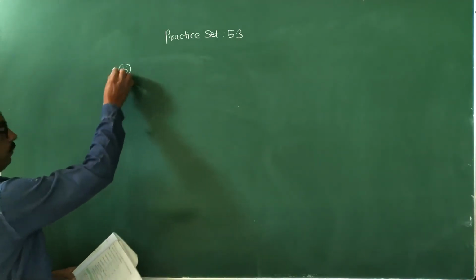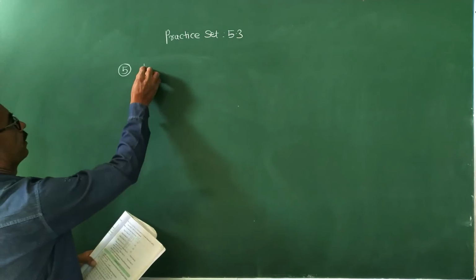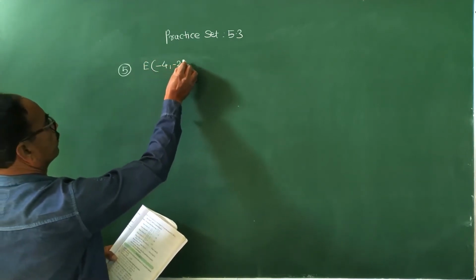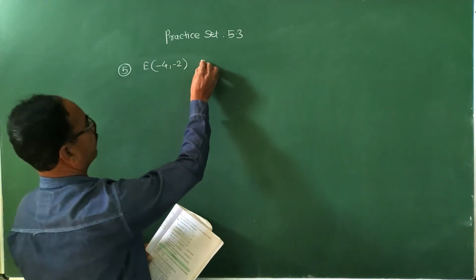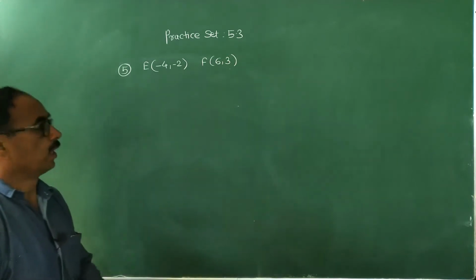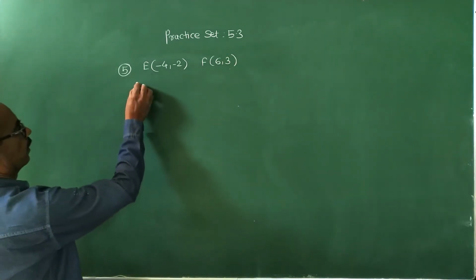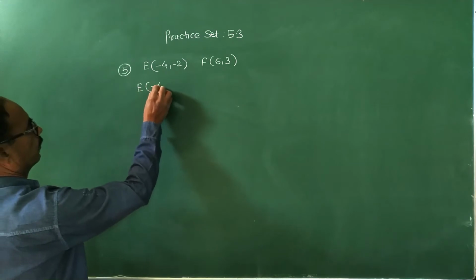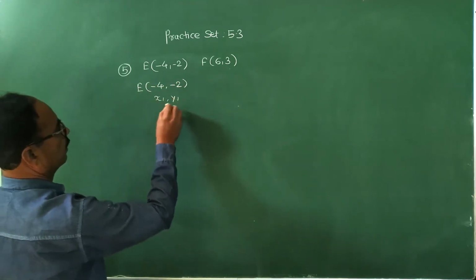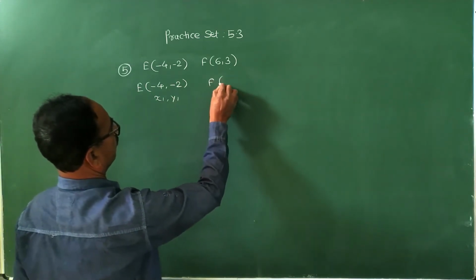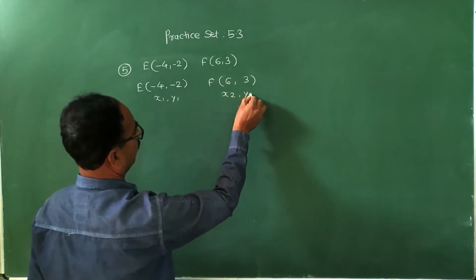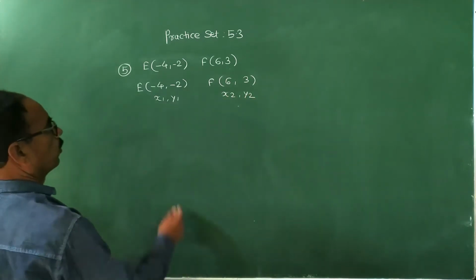Example number 5. Here is point E (-4, -2) and point F (6, 3). Now consider (-4, -2) as x1, y1 and F (6, 3) as x2, y2. Now the slope of line EF,